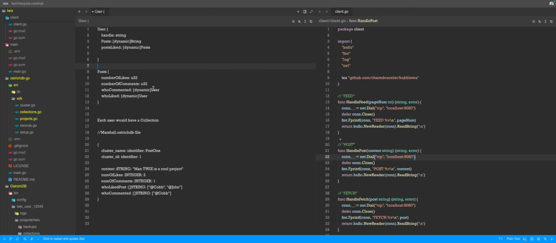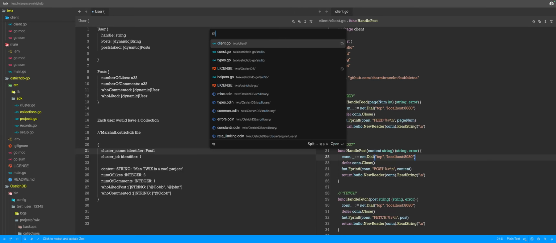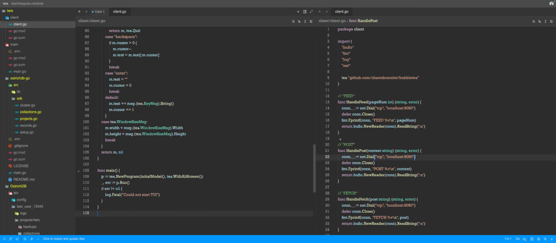Let's see here. So this is what the plan is, how I kind of imagine storing posts. Each post will be like this. So what we'd have to do is create something on it would be more like this, post one, right? So on the client side,